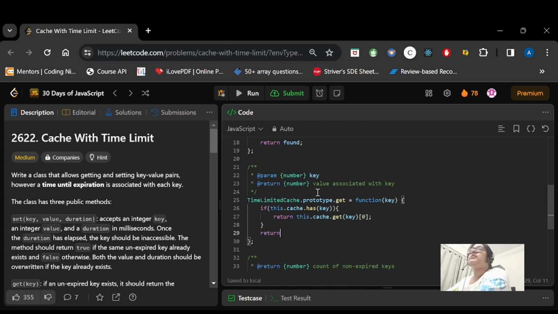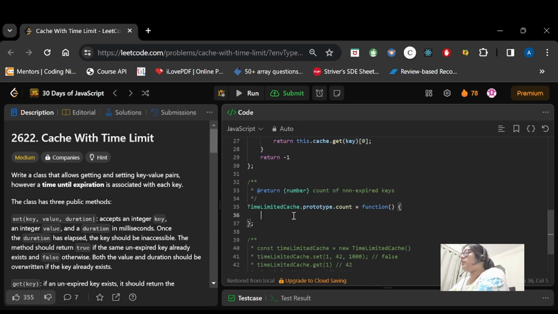Okay, and this count will return the size. So here, this.cache.size, simply we need to return this. Now let's try to run the code.